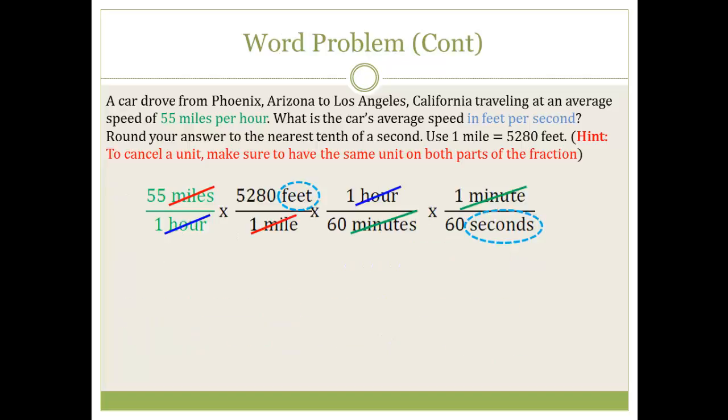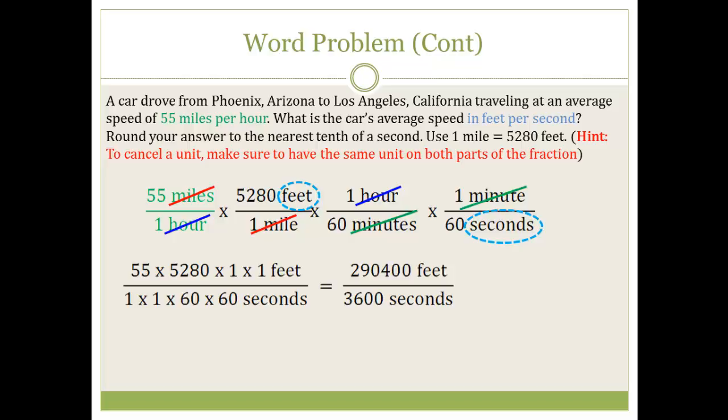So now that we have feet over seconds, we can simplify. We need to multiply the numerators together: 55 times 5,280 times 1 times 1 feet. And then multiply the denominators together: 1 times 1 times 60 times 60 seconds. We multiply straight across and we get